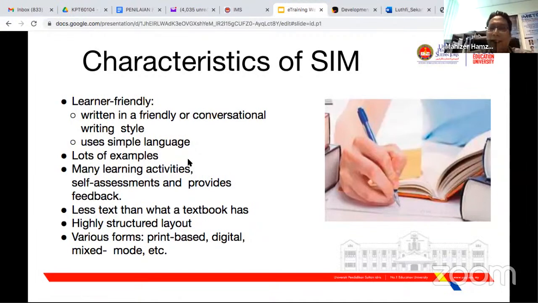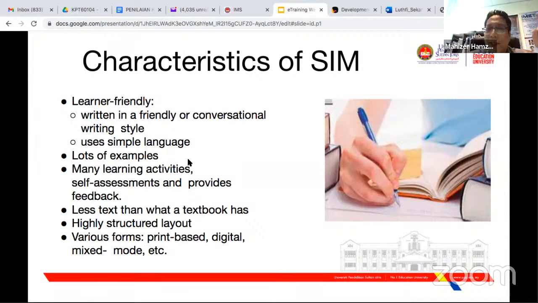Okay, many learning activities. I should have a lot of learning activities, assessment as part of it, and then provide the feedback. Of course, if you are using the online learning using web-based or apps, make sure you have the feedback. They answer the question, they get the feedback easier. Instead of only answering the question, they don't know the feedback, because maybe they don't know the right answer lah. If every time they answer wrongly, and then they don't know the right answer, you could give feedback.